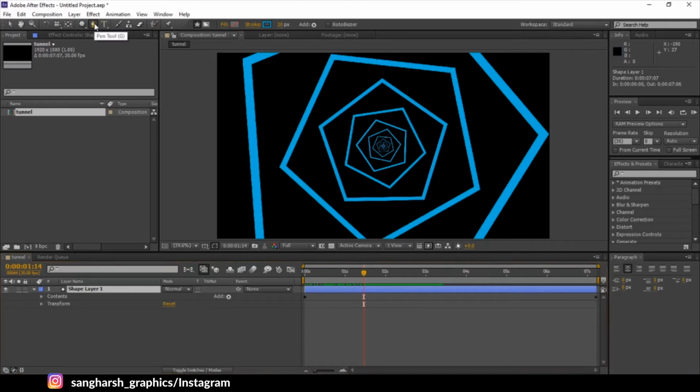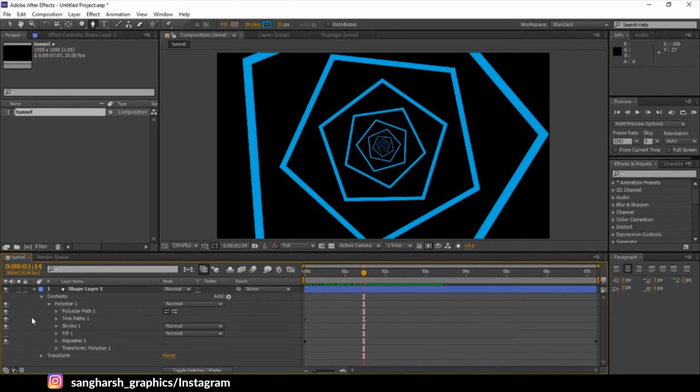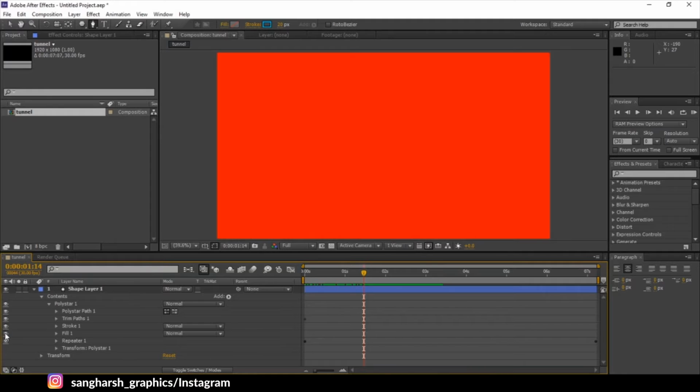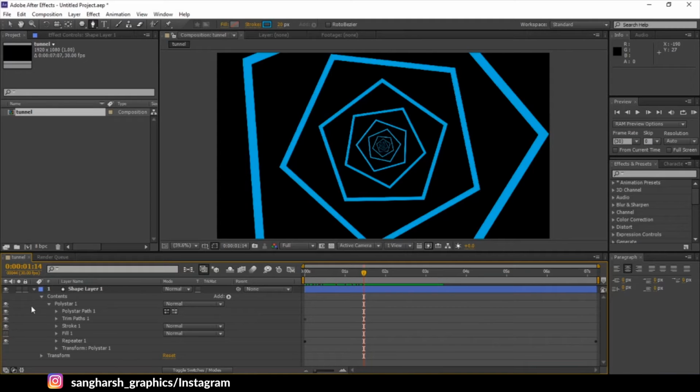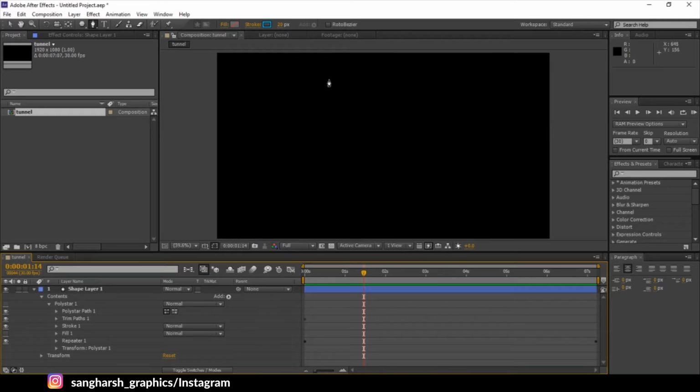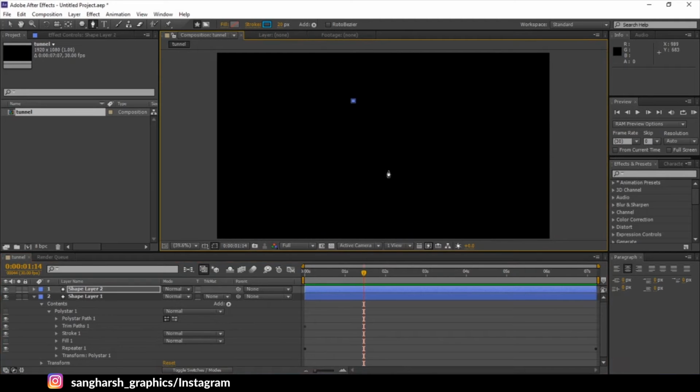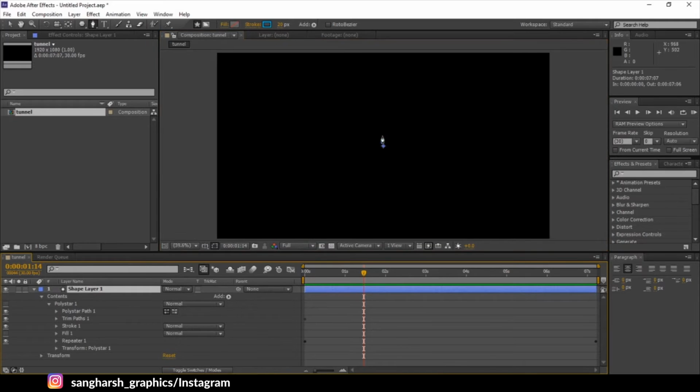Take the pen tool, go to contents. Firstly disable polystar 1 for now, and let's click here and add a path. Oh sorry, select the shape layer and then add a path.